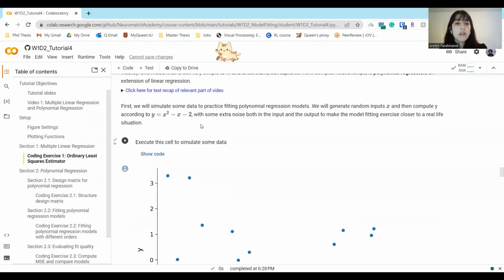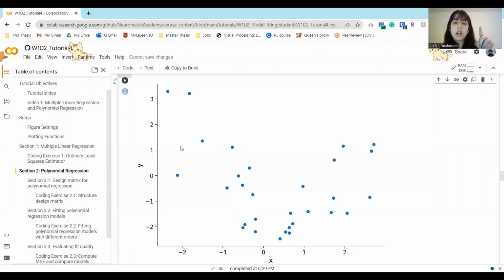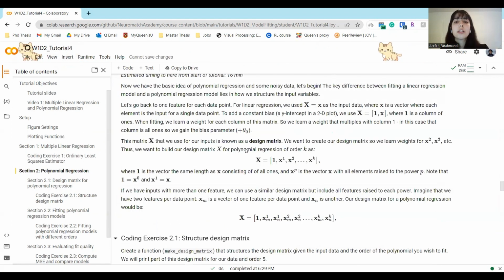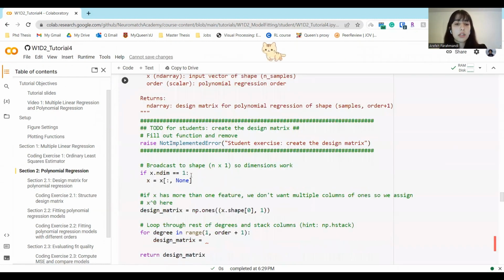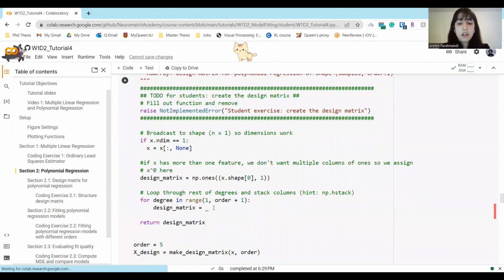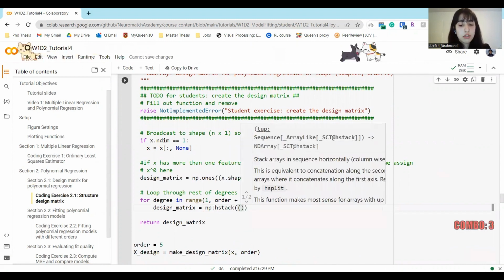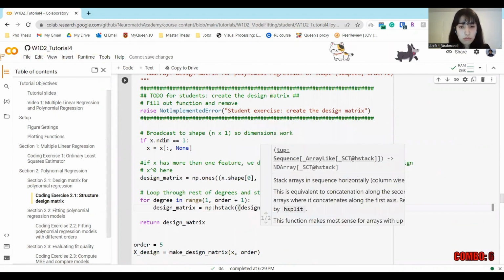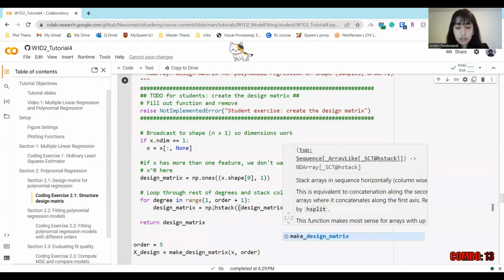So we have another simulation here to generate this data, and we need a curvature for mapping all of these data points. So this is our design matrix. It is x to the power of different degrees. So exactly we need that here to calculate the design matrix. Yeah, and after that we have our design matrix. And also